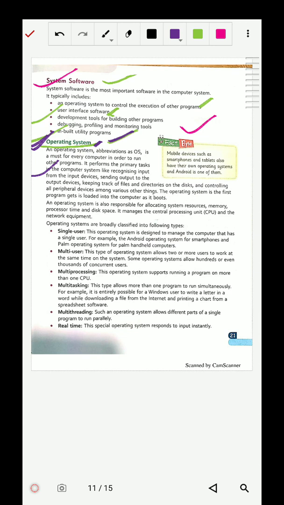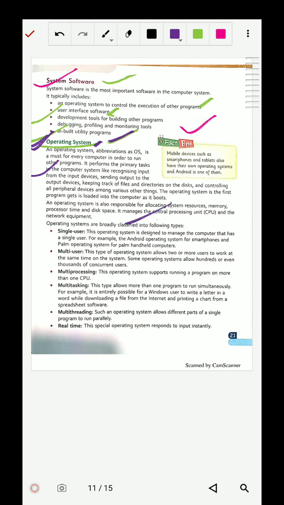Got it? So as I told, that is the main function. It starts with the operating system. It tracks all the files, directories, disk control, receiving input data, sending output data.